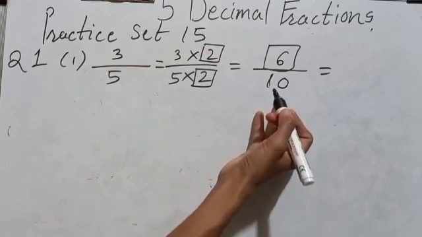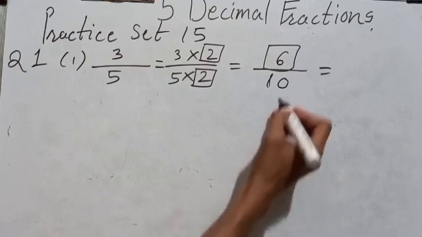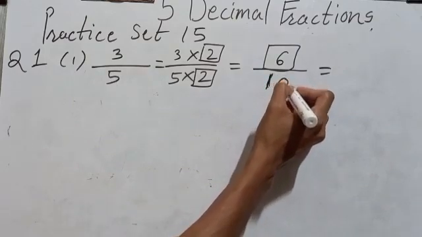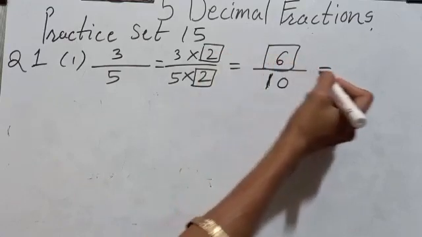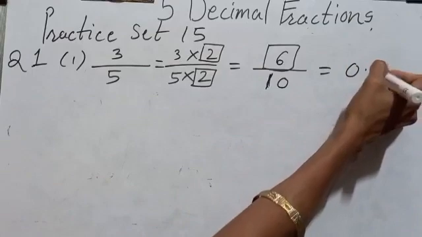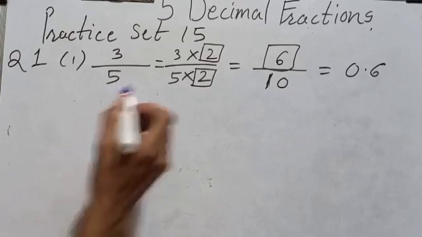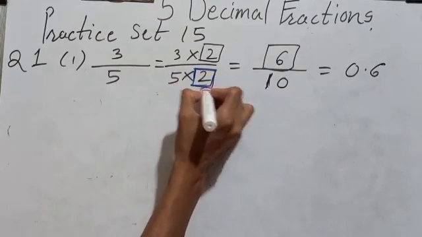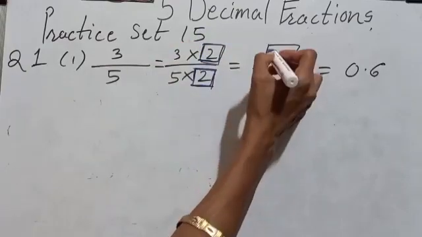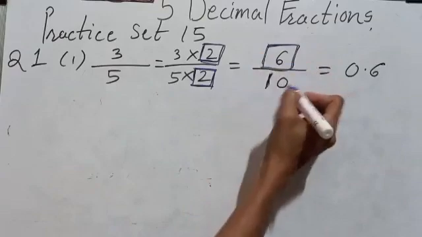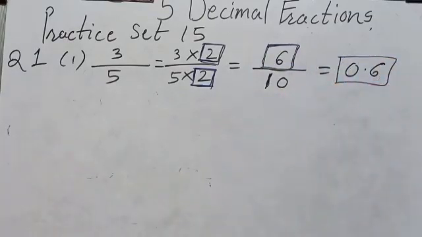Now this common fraction, if we want to convert it into a decimal fraction, as I told you before, you have to count the number of zeros on 1. Here only one 0 is there. So you have to move back by one place. That means here 0.6 will be the answer. So what have I done? I have just converted 3 upon 5 into denominator 10. So I multiplied 5 by 2, so 3 by 2 also. And then 3 twos are 6 upon 10, and our final answer is 0.6.